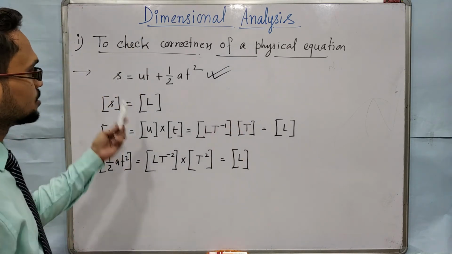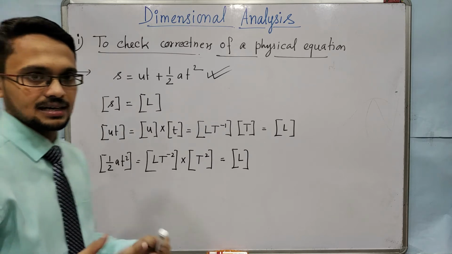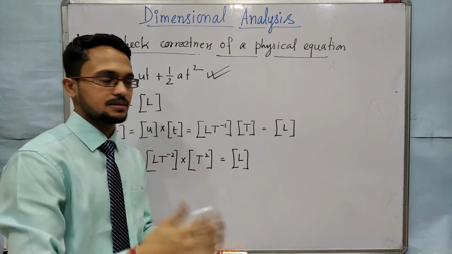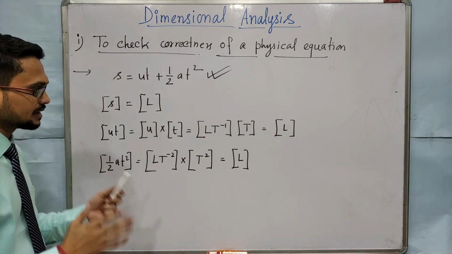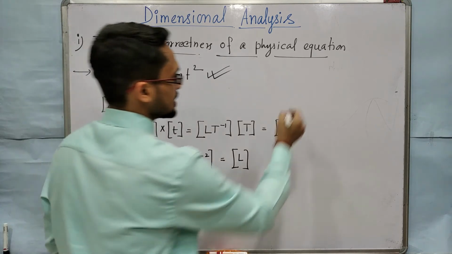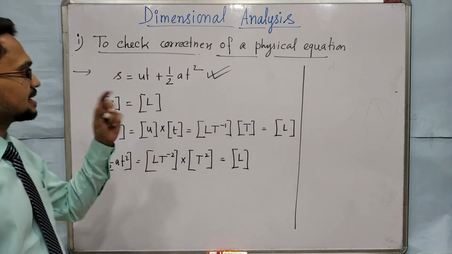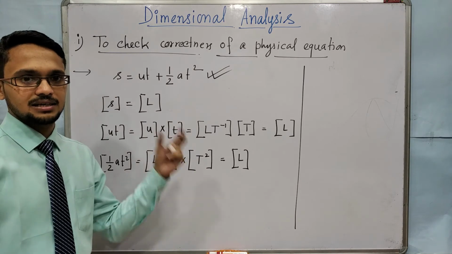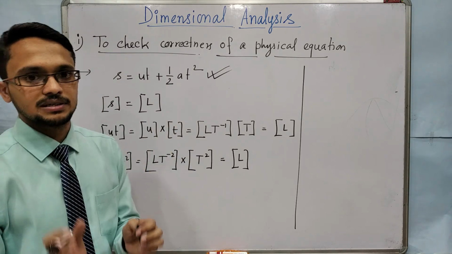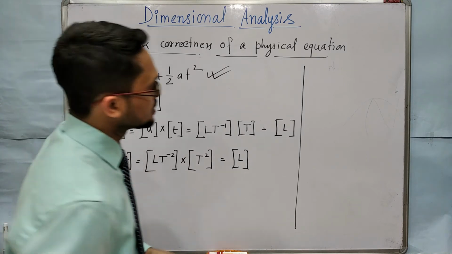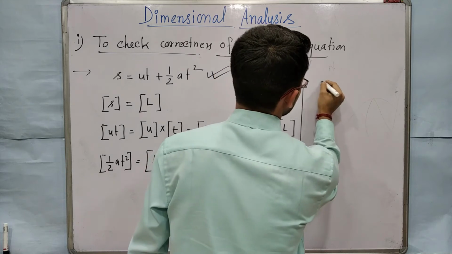So in this way we can check any equations which we will get, step by step or chapter by chapter. We can check those equations dimensionally. Here you will remember one thing. There is a limitation: a dimensionally correct equation does not tell about its correctness as a physical equation. So I am writing here three equations, then you will understand.